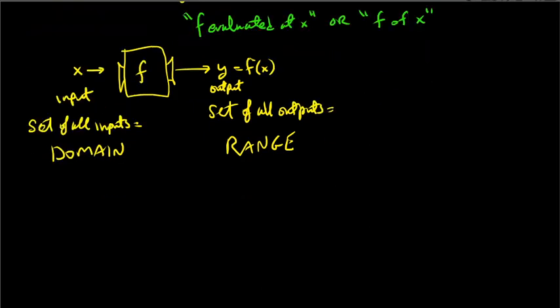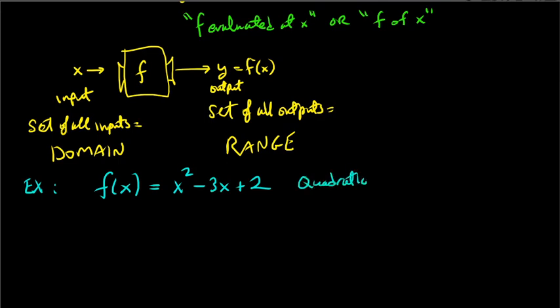So let's maybe just look at some examples. f of x just might be x squared minus 3x plus 2. So this is a quadratic function. You've seen these before many times. So when you write f of 4,